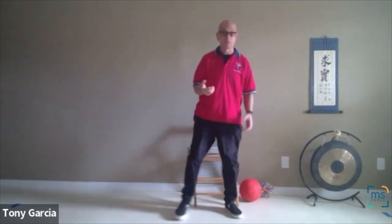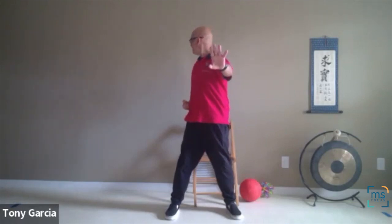Let's do a little Qigong again, to break up the pattern. Here we go. Ready? From here, I'm going to push with one hand. Again, you can be standing or sitting. Push with one hand, close the other one, and you just slightly look back, just a little bit. Then bring the palms here again and do the other side. Relax the knees. And remember, just turn to whatever your limit, as long as there's no pain. So you have to be very careful, just a little bit. Looking back almost. Now, if you're sitting,